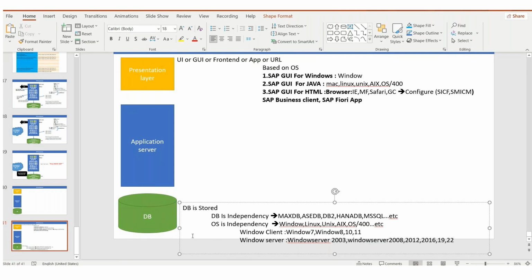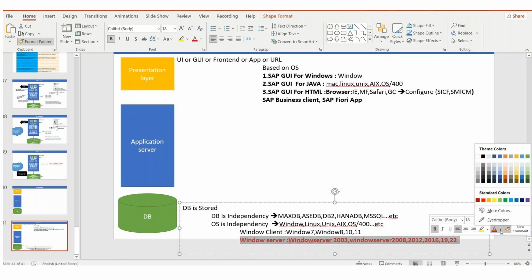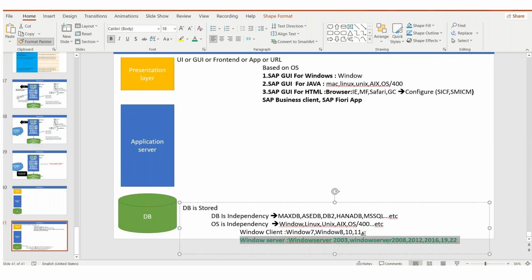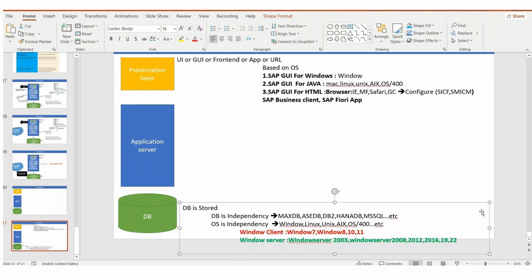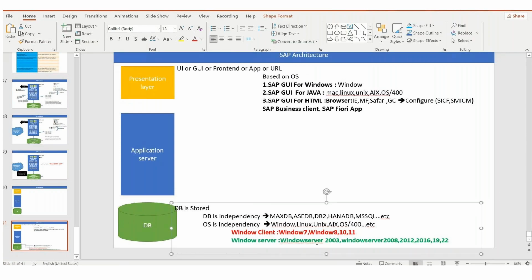Keep in mind it is only from the server point of view, not for the client. You cannot install on the client. You can do the installation only with